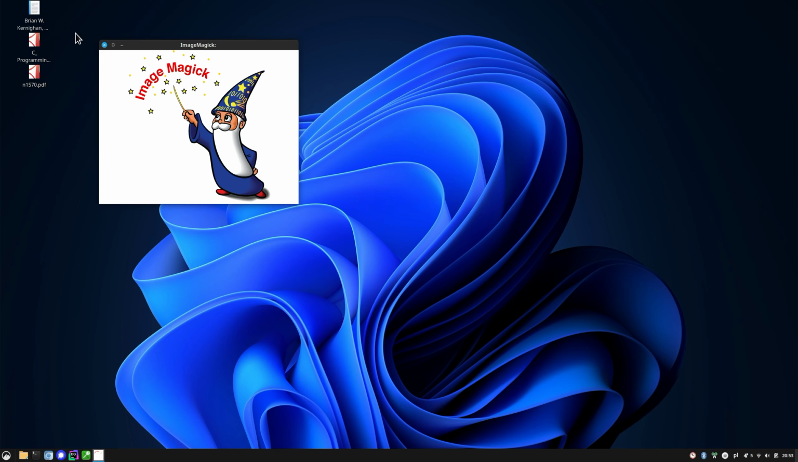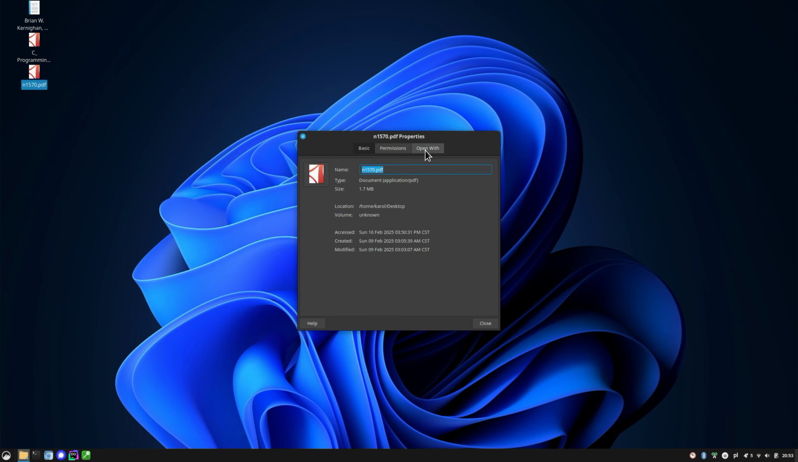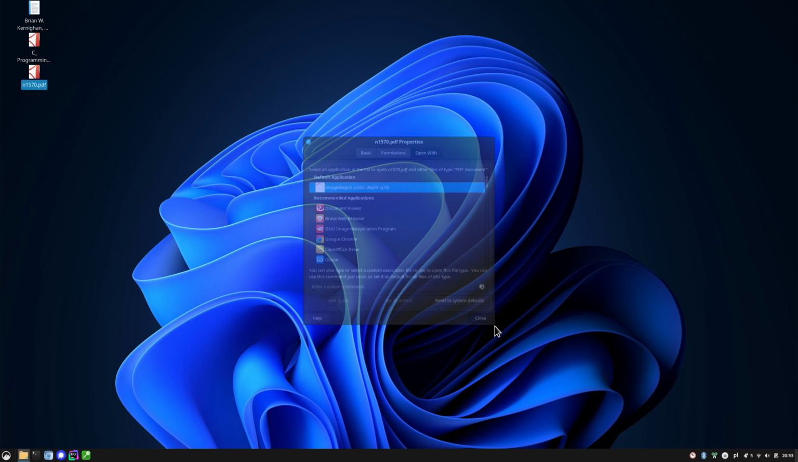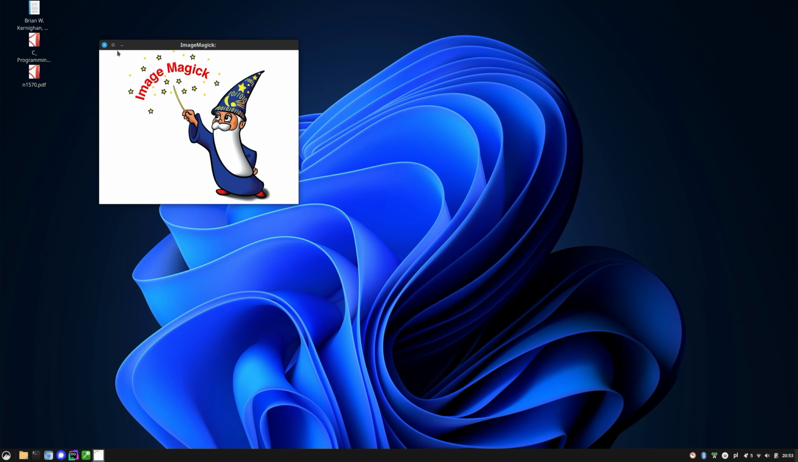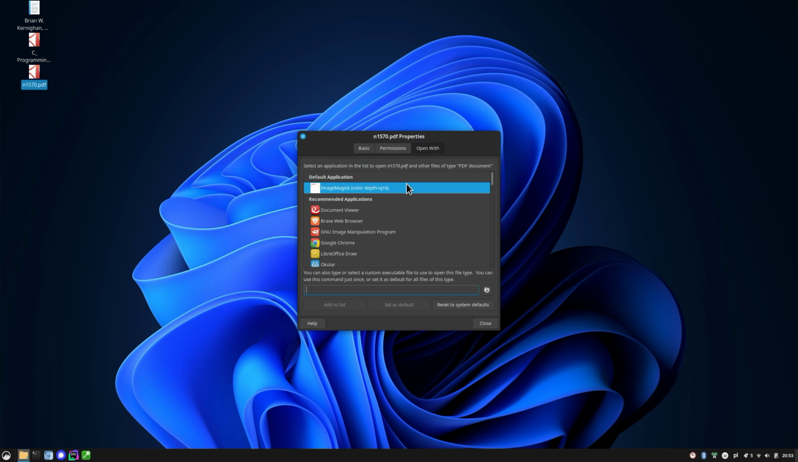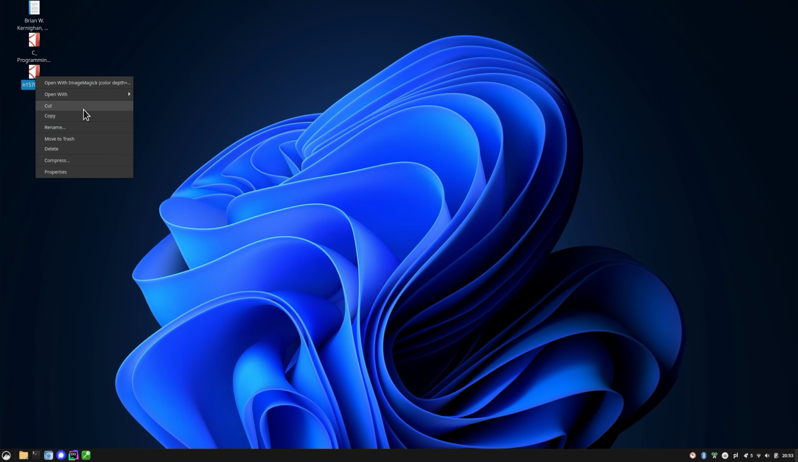Actually, what's this? Properties, open with document viewer set as default. So, what? I'm not sure what's happening here, but